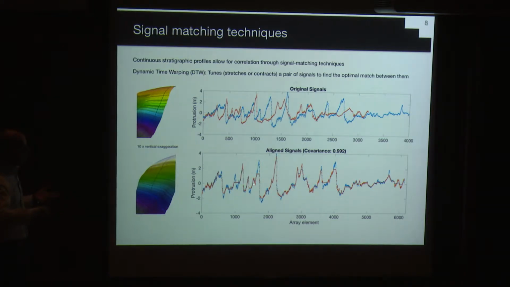And not only that, it gives you a parameter that measures how good this correlation is. The more you have to warp the signals in order for them to match, the worse your match is, the worse your correlation is. So this is one of the techniques we use, and what's nice about this is, even though in the end it's doing the same thing that we are doing by eye, this is something that's repeatable, it's measurable, and we can use it. We can do it for a large number of images.